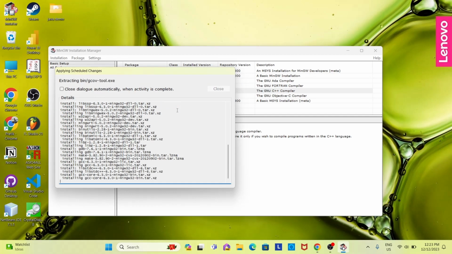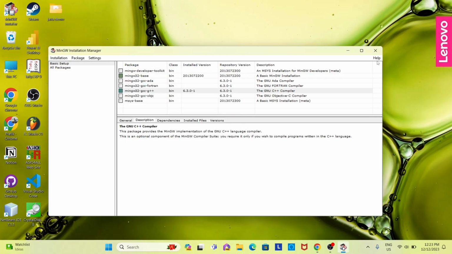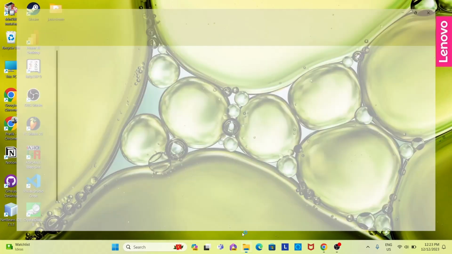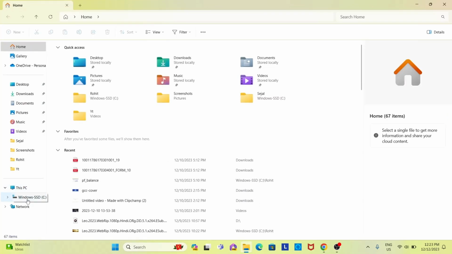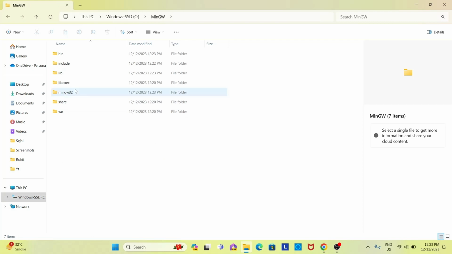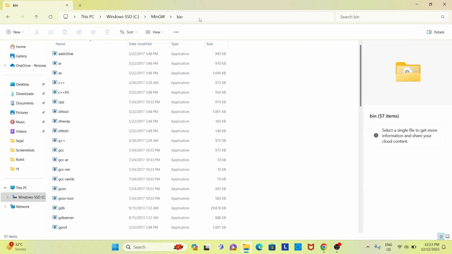Extracting all the files. Yeah, successful. Now close this, and go to the path where the MinGW is installed. I have installed it on C directory, so I'm gonna go to C drive, and here you will see MinGW. Double click to open it, and double click to open the bin folder, and just tap this path and copy this path,